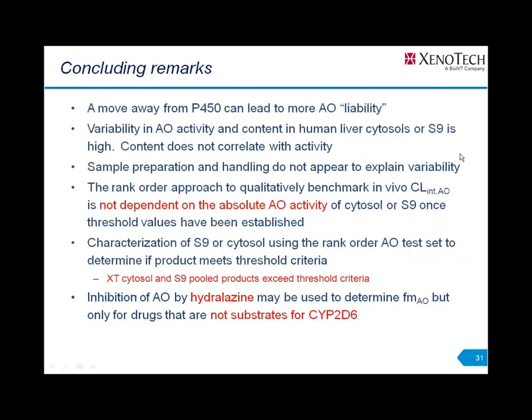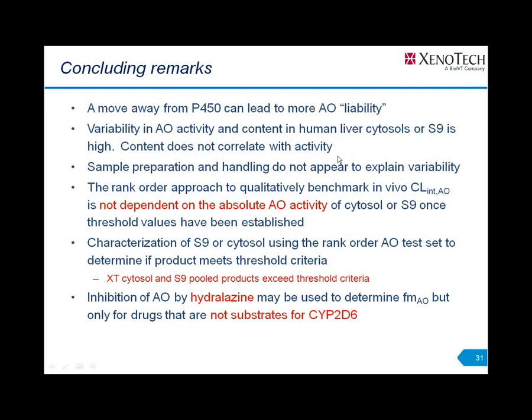All right, so I'll just go through some concluding remarks that we went through today. So Brian talked a little bit about the importance of AO as more drugs are moving away from P450 metabolism, and we're designing drugs in the industry to move away from phase 1 metabolism. More of these non-P450 enzymes are coming into play and into greater importance, such as AO. And Brian mentioned some of the structural alerts associated with substrates of AO as we move away from P450 metabolism.